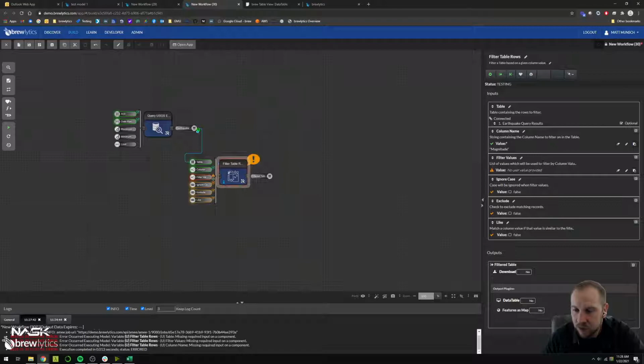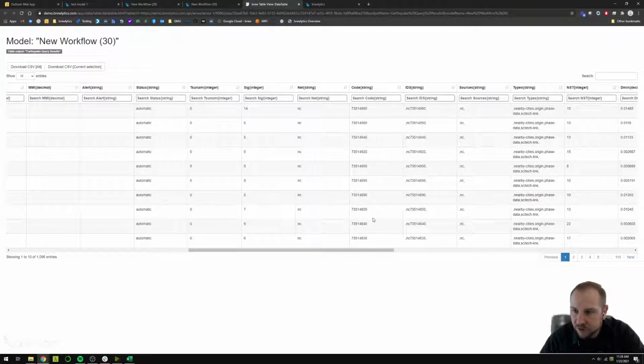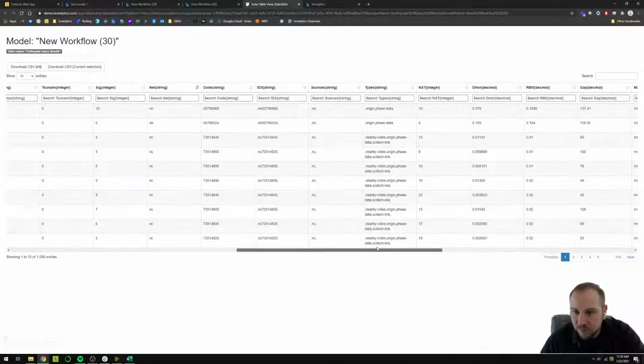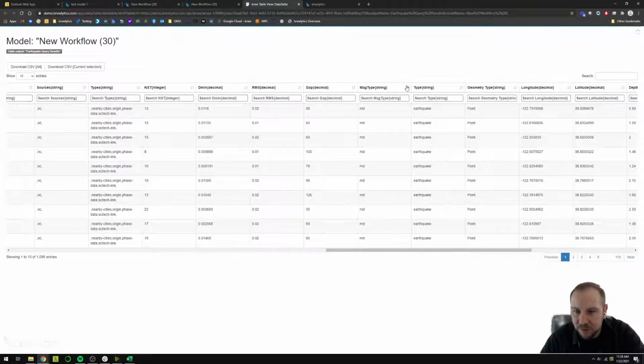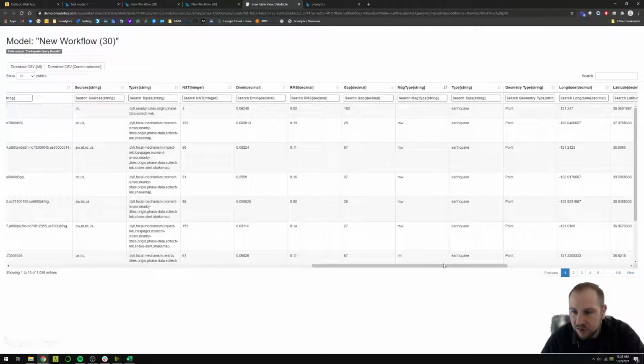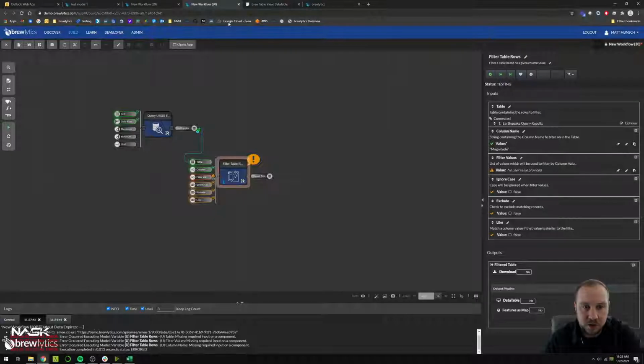And let's say we, actually, let's change this, since we threw in the filter table rows. This is actually more for filtering categorical variables or text variables. So let's find a categorical variable that we might want to filter on. Maybe this NC value. It looks like some are NC, NN. Maybe we want to filter things that were magnitude type, MD or ML. Maybe we wanted to change the type here. I think everything's probably, okay, so some are actually quarry blasts and some are earthquakes. So maybe that's an interesting thing we want to filter down on. We only want values that are quarry blasts for whatever